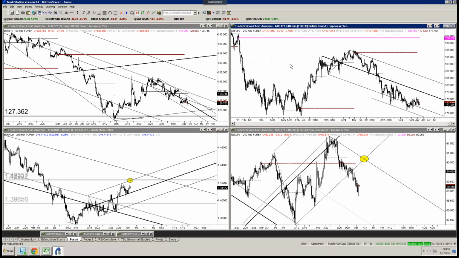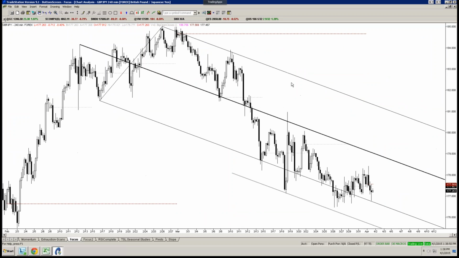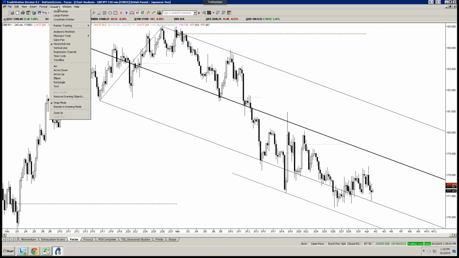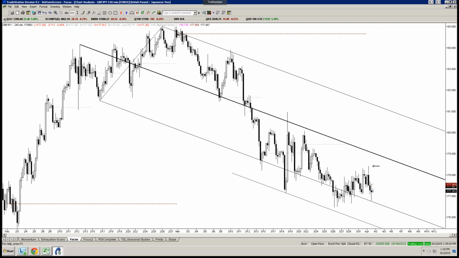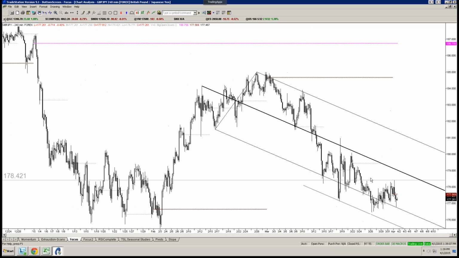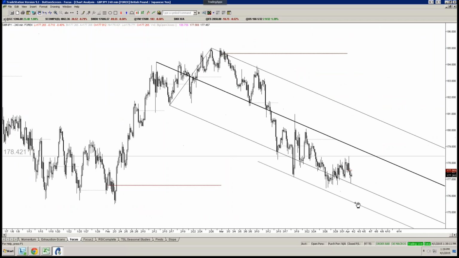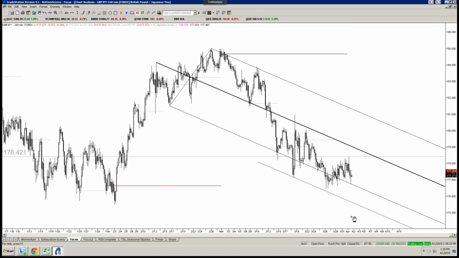This is the short term. This is the same one. Okay, you can see we're getting support on the parallel here. All right. If you wanted to, I guess you could try to take a short position against this morning's highs. This is a choppy uptrend here. And it may very well just be a correction, but I'd also be aware of support down here, okay, from this lower parallel, okay.